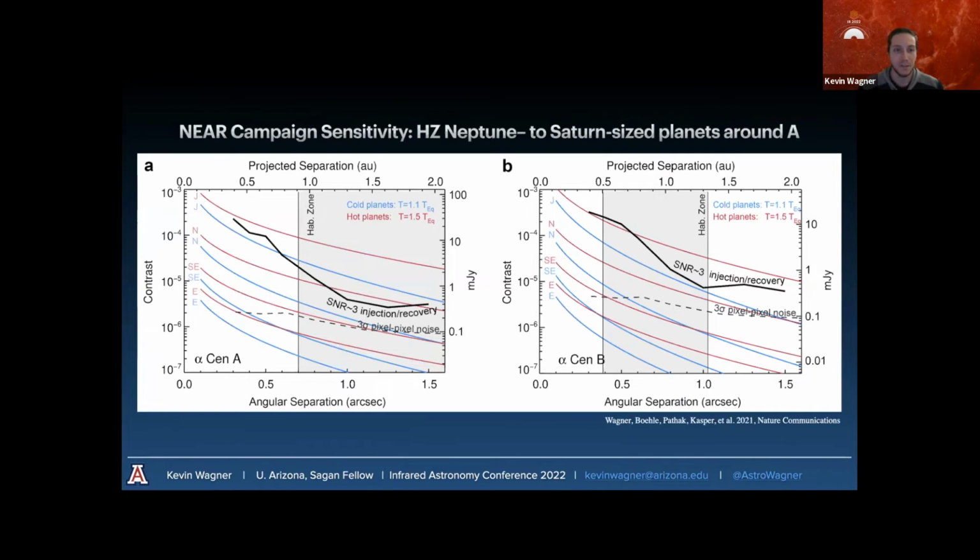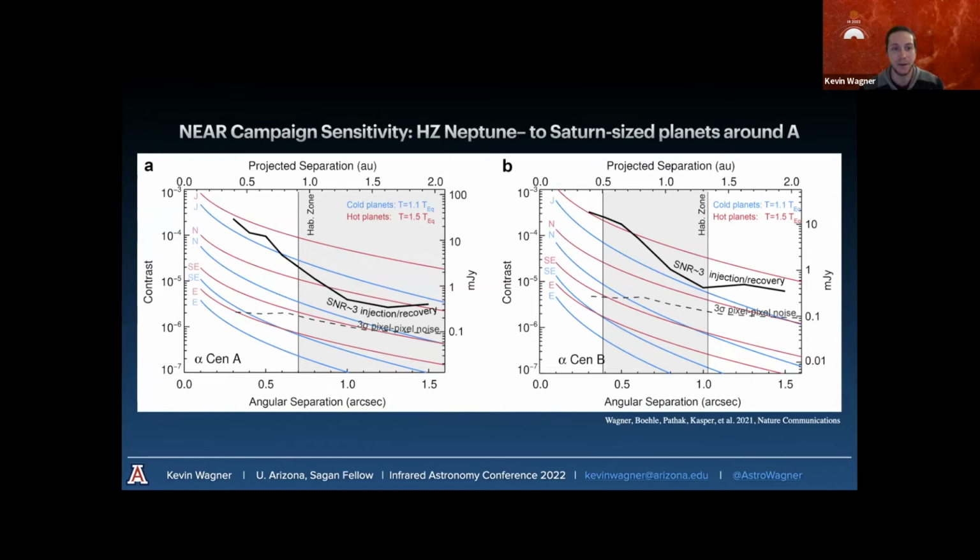So here are the sensitivity limits from NEAR, which I think are really motivating for work going forward. For Alpha Cent A on the left, we would be sensitive to warm Neptune-sized planets or cold Saturn-sized planets in the habitable zone. Whereas for Alpha Cent B, we would be sensitive to warm Saturn or Jupiter-sized planets in the habitable zone. These limits represent approximately an order of magnitude improvement in sensitivity, both in terms of mass and